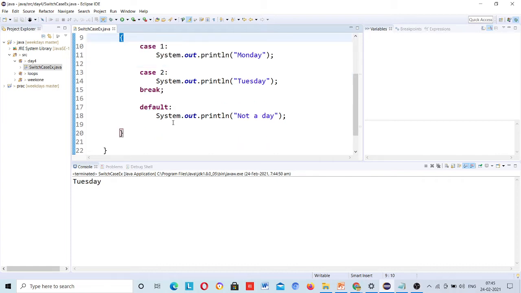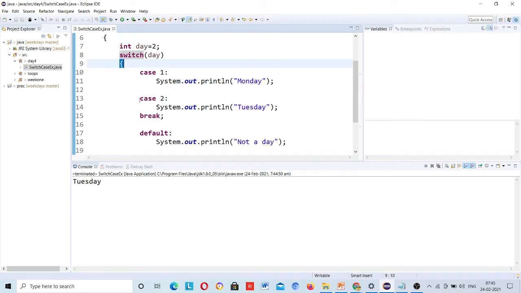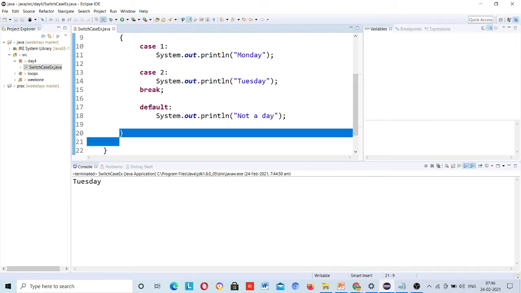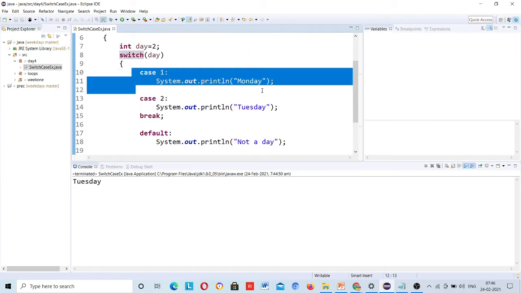This is the terminology I am using, but actually break throws you out of the current block. This is the right wording. Generally you will read in practical books and on online platforms that they use loop, so I am also using it to not confuse you, but actually it throws you out of the current block. So this is the switch case statement.